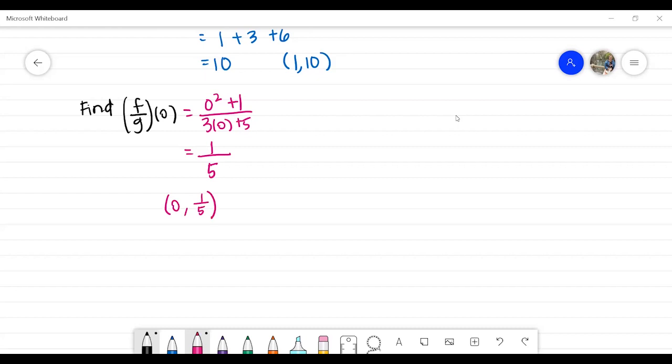Okay? So you could do this with any values. Again, as long as they're in the domain of the functions, you're good to move forward. And we'll talk about domains in just a